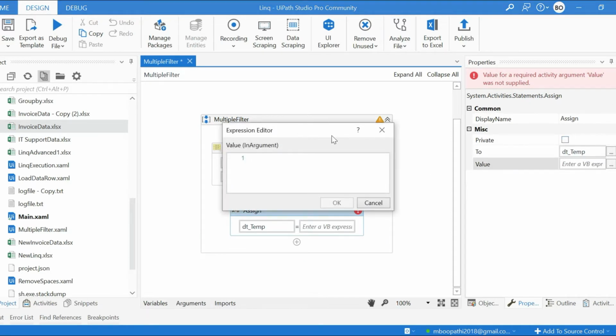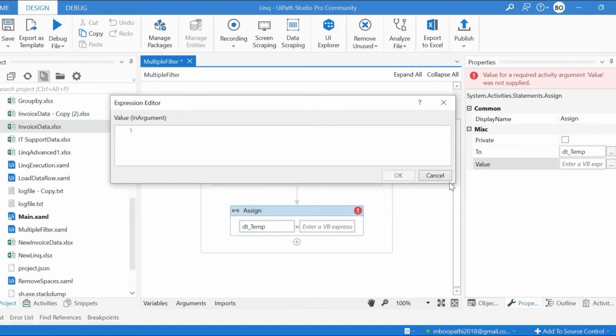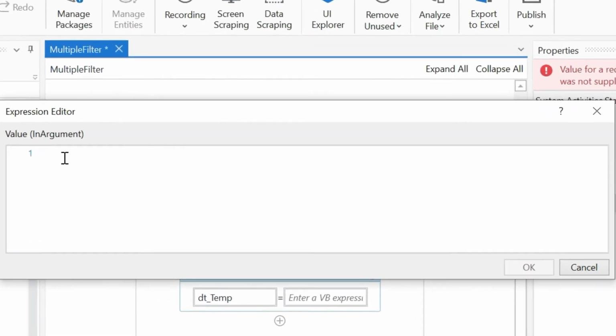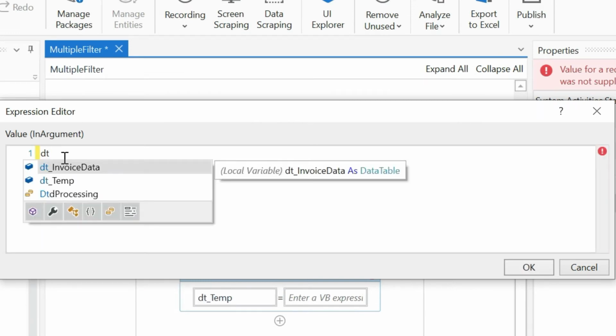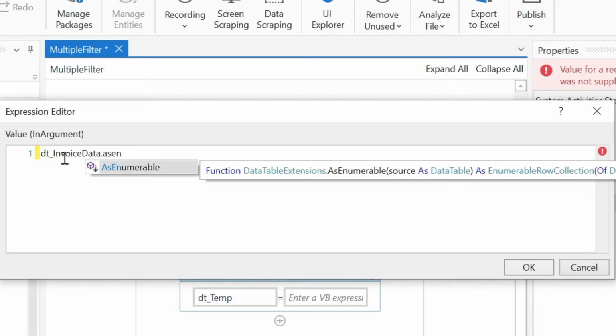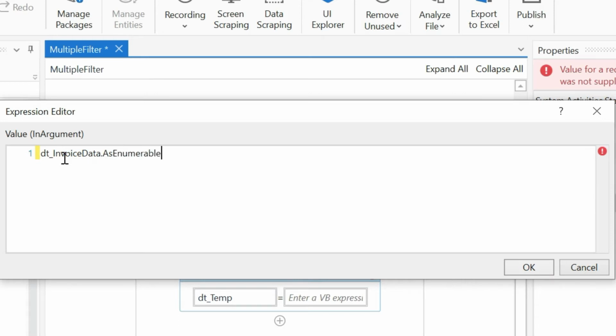Now we are going to write the query and maximize. So it's very simple. First thing is from which data source we are going to extract the data: dt underscore invoice data dot, we need to make it as enumerable. I request you to watch my earlier videos. I have explained why we are using as enumerable, because then only we will have access to all the Linq functions. Now I use where